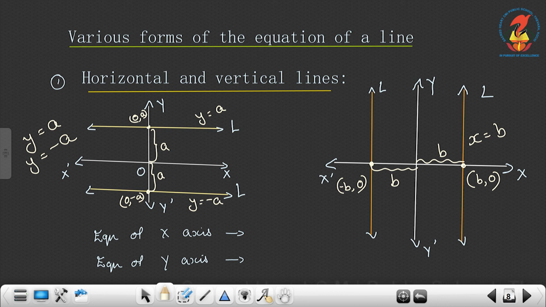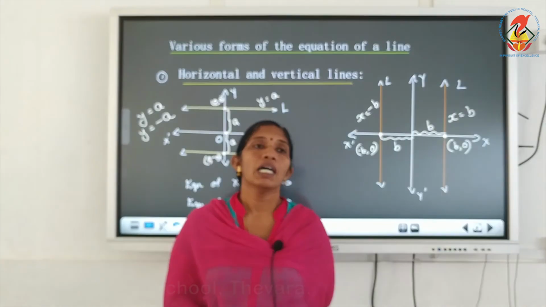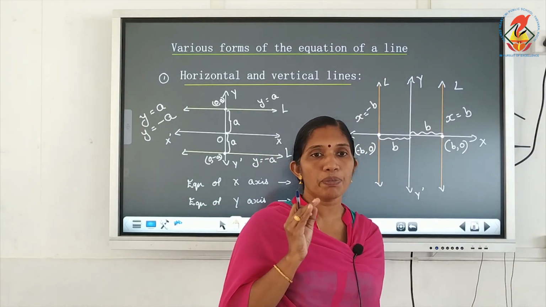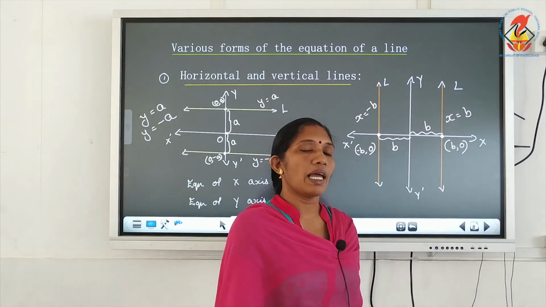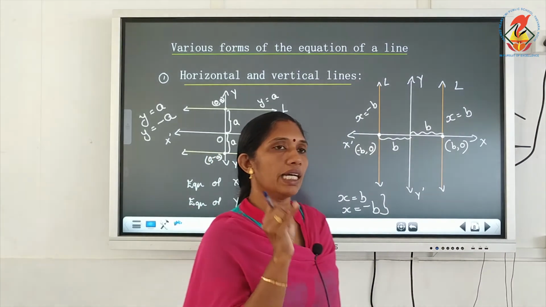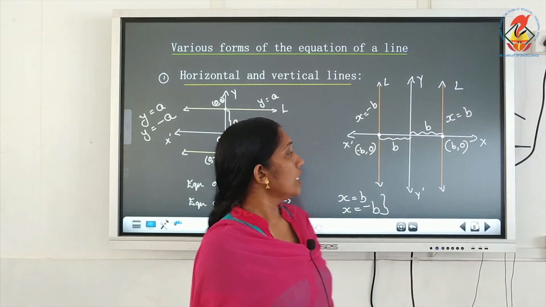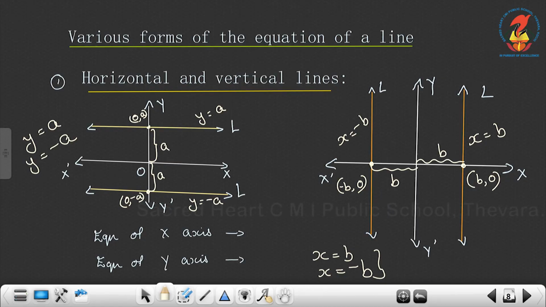Here what is the equation of this line? x is equal to minus b. So a vertical line is parallel to the y axis. The equation of the vertical line which is at a distance b units from the y axis can be written as x is equal to b or x is equal to minus b. Clear? So for a vertical line x is equal to a constant, and for a horizontal line y is equal to a constant. Now what is the equation of the x axis? For the x axis, the y coordinate is 0. So we can write y is equal to 0 as the equation of the x axis, and the equation of the y axis is x is equal to